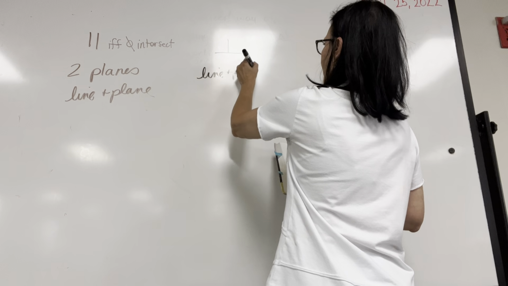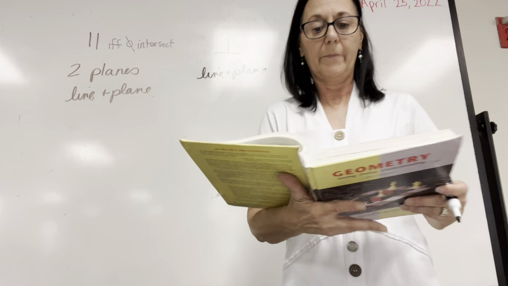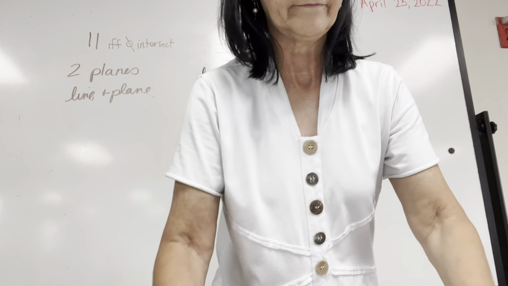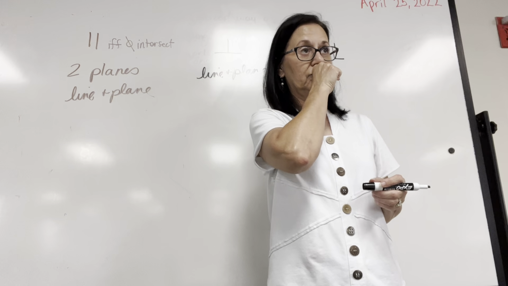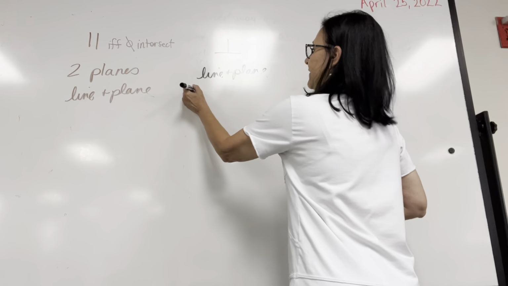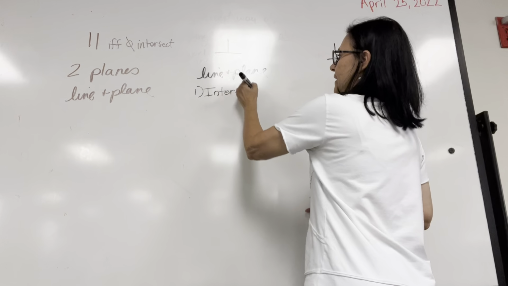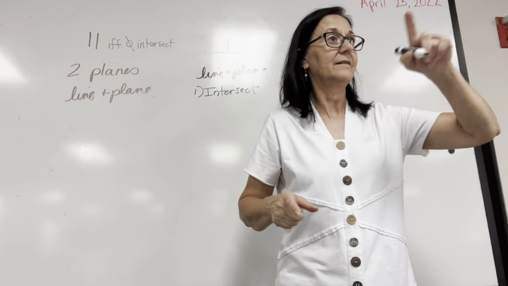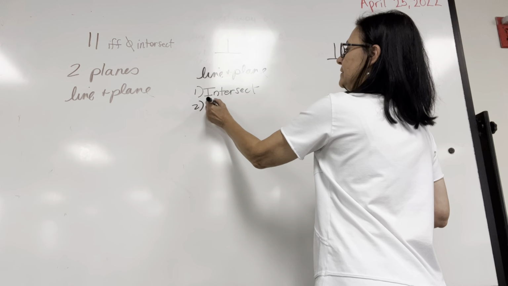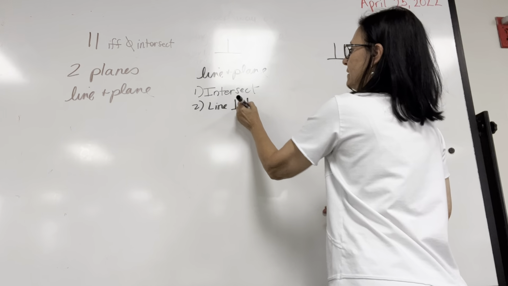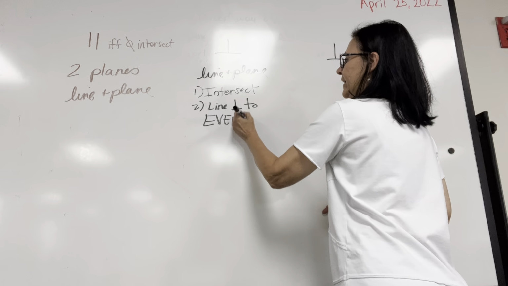and a plane? What does your book say? How are a line and a plane perpendicular? If they intersect. Okay, one thing. They must intersect. Okay, what's the next thing? If the line is perpendicular to every line in the plane that passes through the point of intersection. Here's the key word. Every